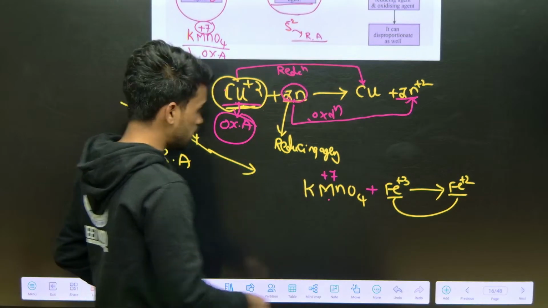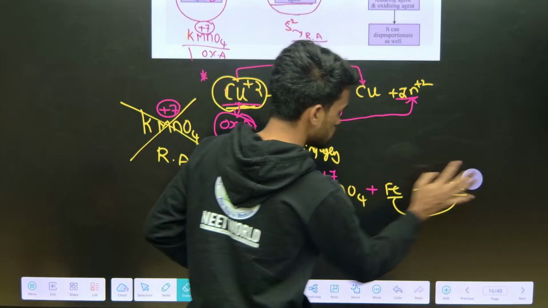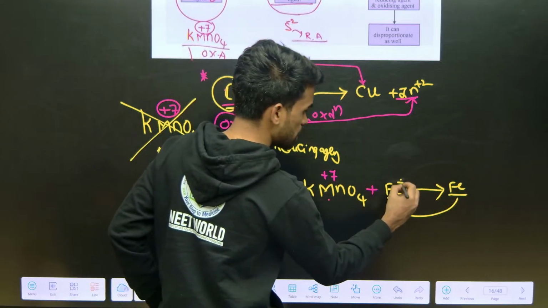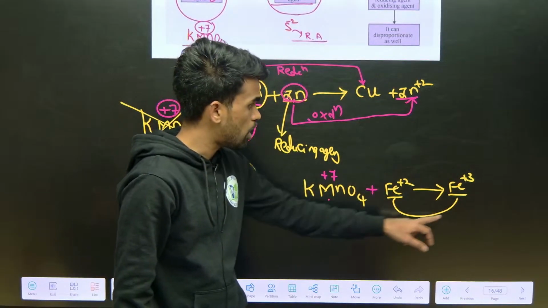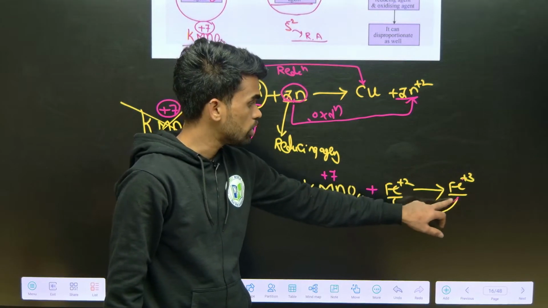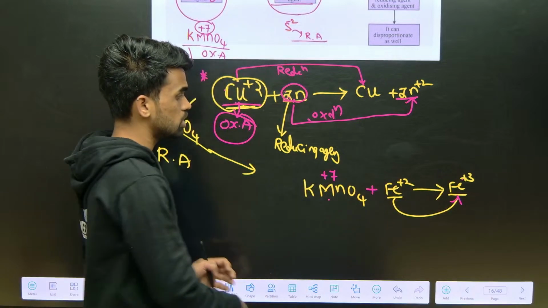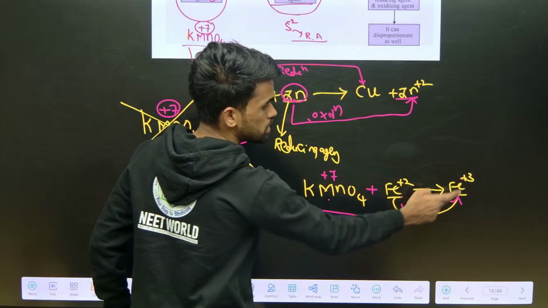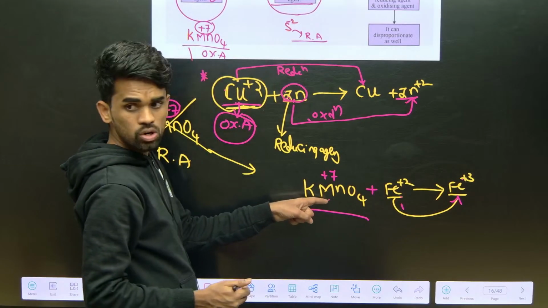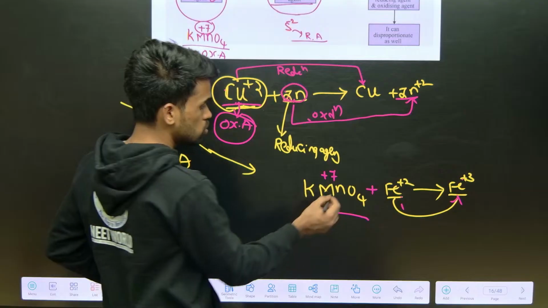But if I take it in this manner, +2 here, +3 here, just consider this. Now what is happening here? Oxidation. It is undergoing oxidation. How is it undergoing oxidation? This species is oxidizing Fe+2 to +3. It means this species should undergo reduction. So reduction is possible for